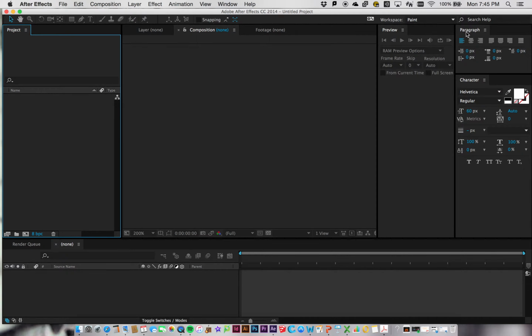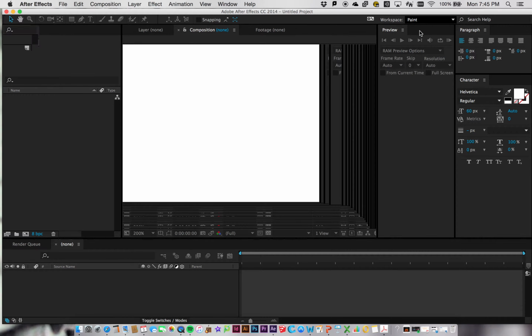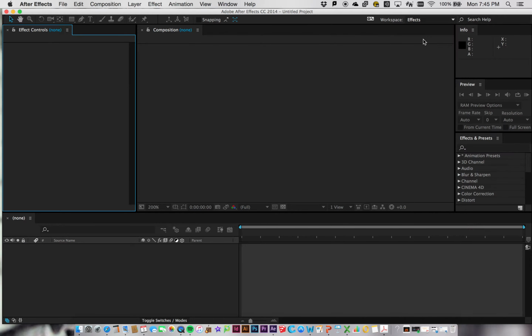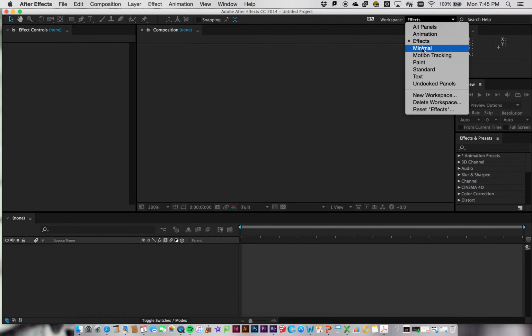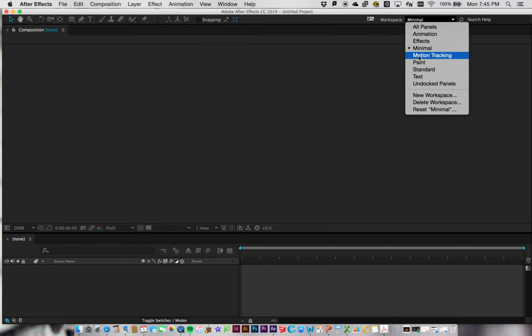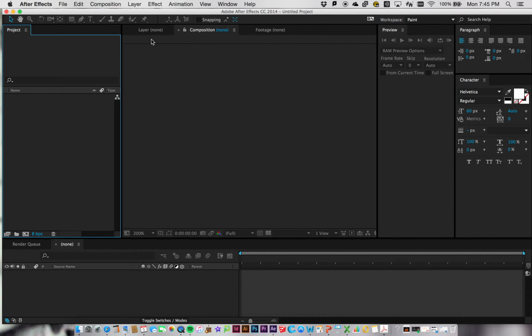And there are all these different workspaces you can choose. So you can go animation, and it's going to give you a specific kind of setup that you can use. If you do effects, it's going to give you that one. If you choose minimal, it's just going to give you the bare minimum and not give you all the extra ones that are going on out there. I usually will use paint. That's the one that I tend to use the most. So pick whichever one you want to, but just know that my screen might look a little different than yours. But anytime you're looking for a palette, and you just can't figure out where that thing went,